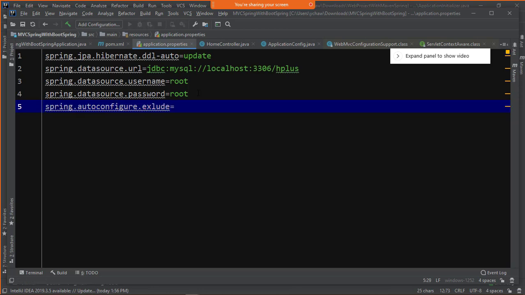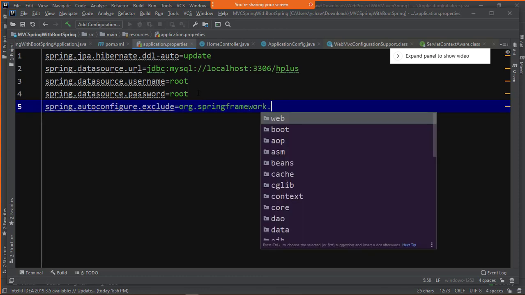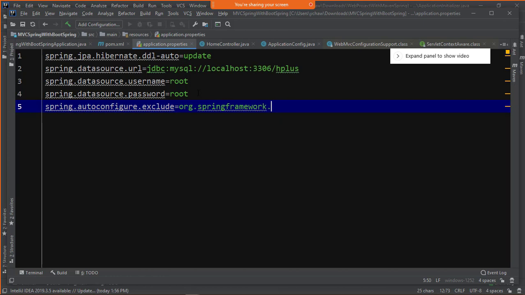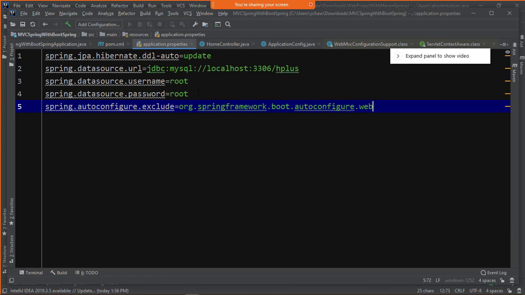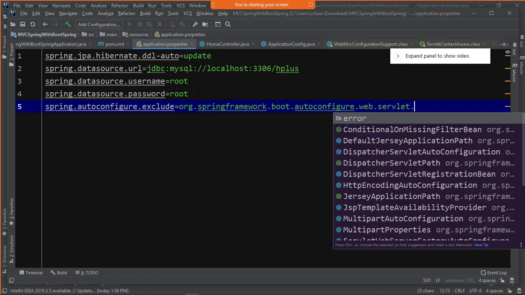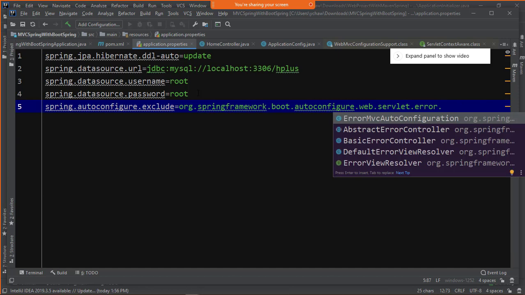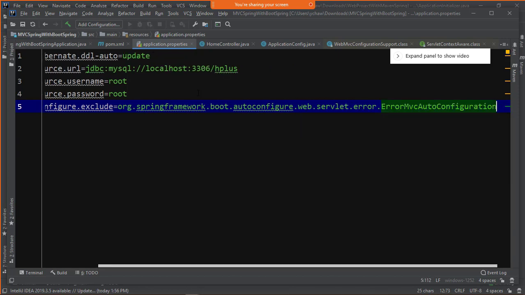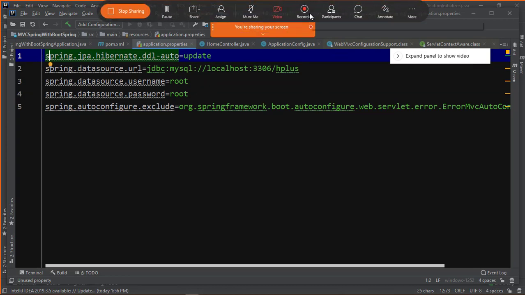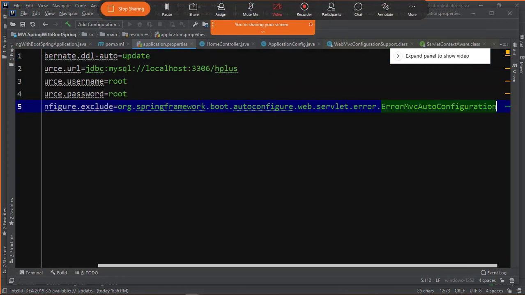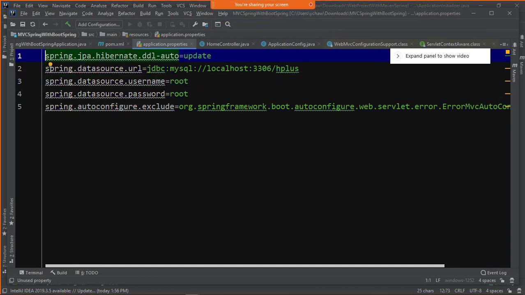So spring.autoconfigure.exclude, org.springframework.boot.autoconfigure.web.servlet.error.ErrorMvcAutoConfiguration. Right now you manage the exception handling. In the coming module I will remove this line also, because we will be managing all exceptions.